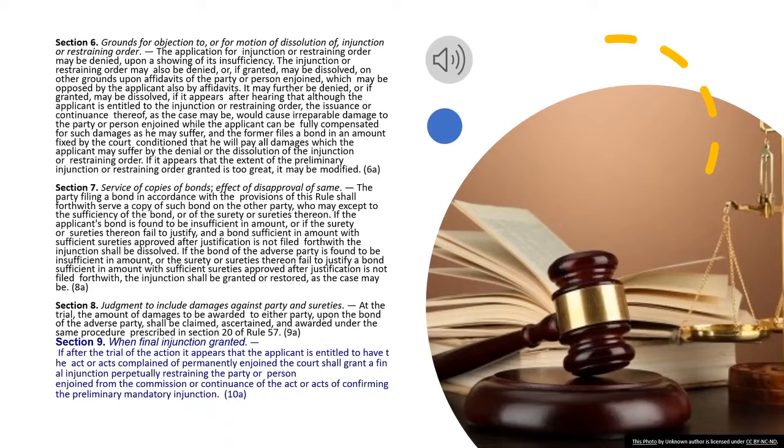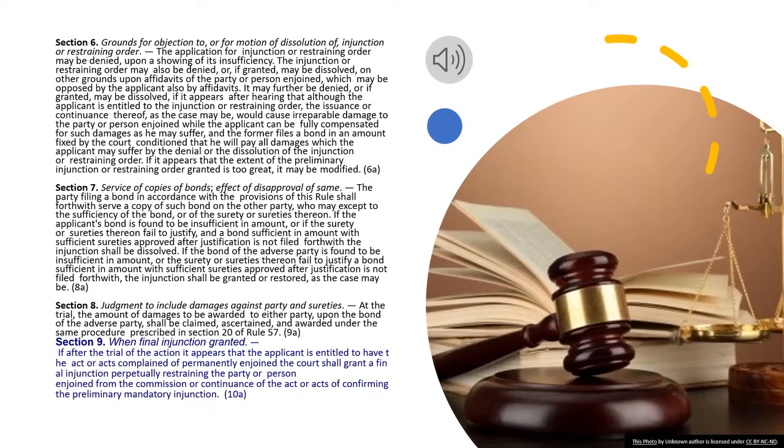If it appears that the extent of the preliminary injunction or restraining order granted is too great, it may be modified. 6a. Section 7. Service of copies of bonds, effect of disapproval of same. The party filing a bond in accordance with the provisions of this rule shall forthwith serve a copy of such bond on the other party, who may accept to the sufficiency of the bond, or of the surety or sureties